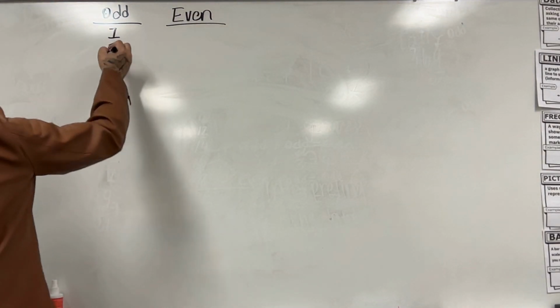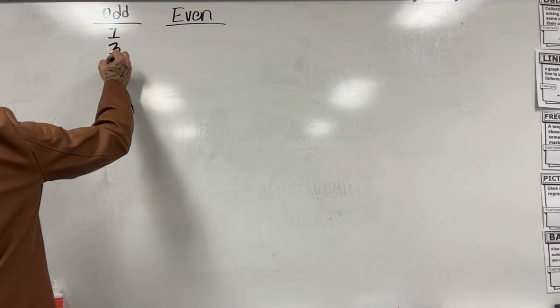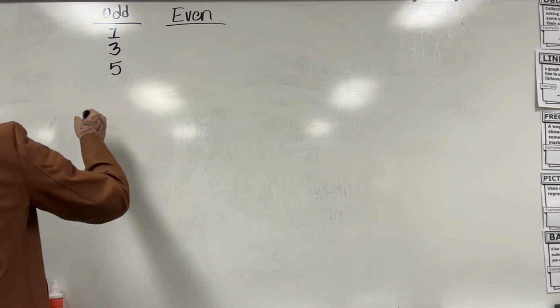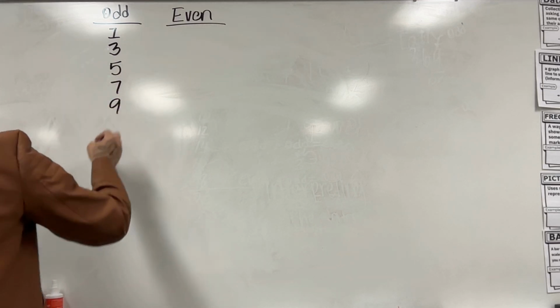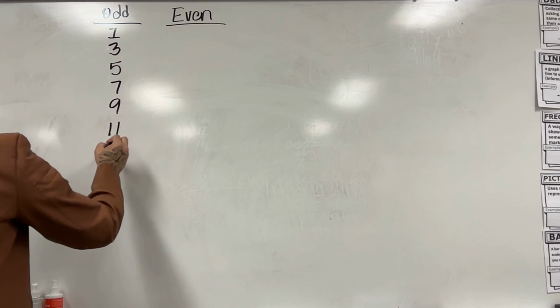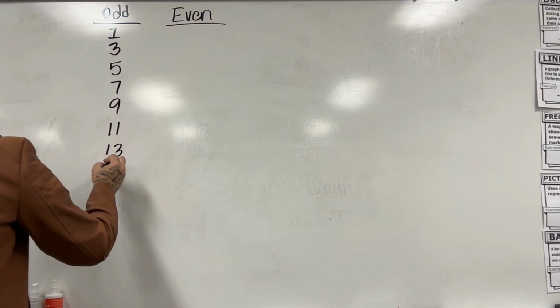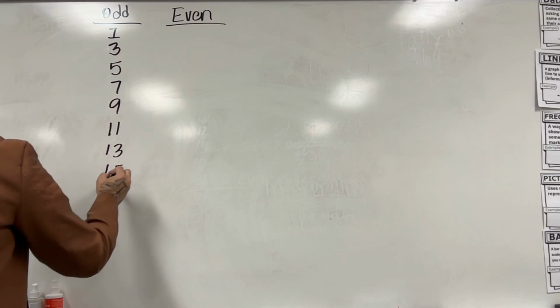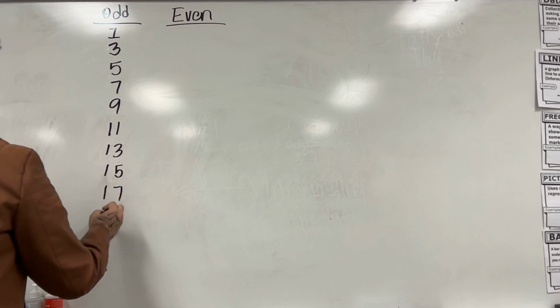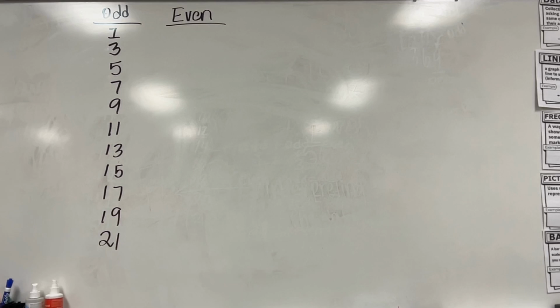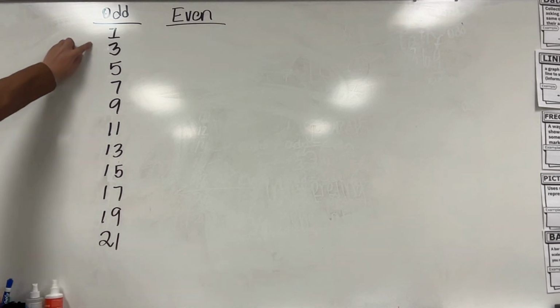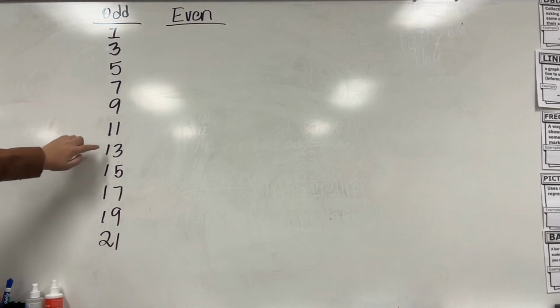All right. Now, if you were to skip 3, you would get 5. Skip the number after 5, you get 7. Skip the number after 7, you get 9. And if you keep going into the teens, essentially you get something that looks somewhat similar to this. All right. So now looking at this, you can see 1, 3, 5, 7, 9, and so forth and so on